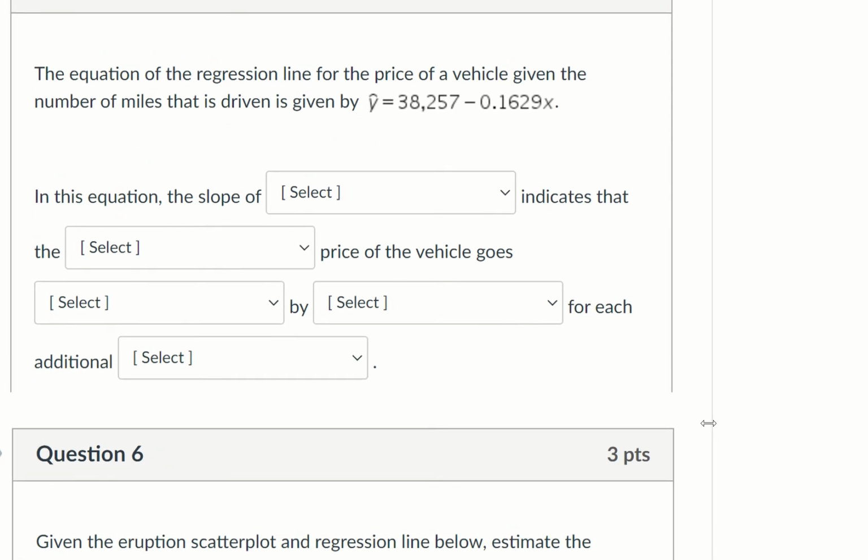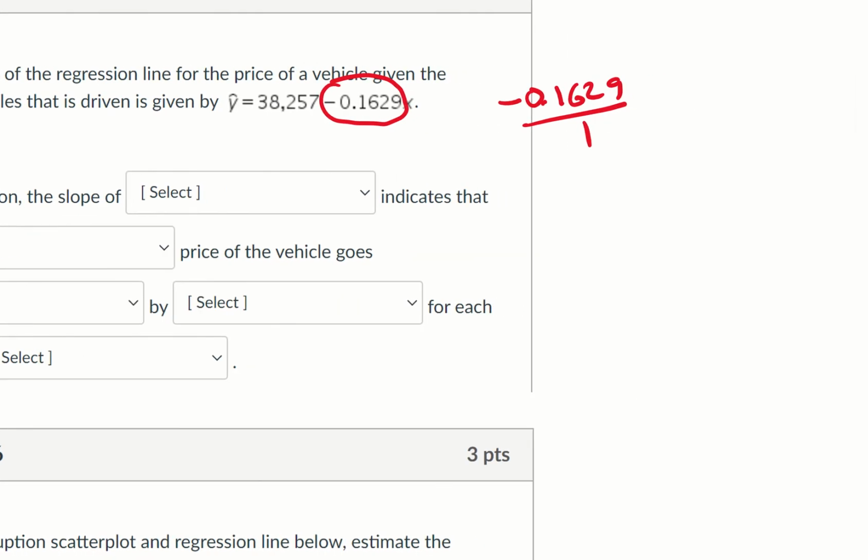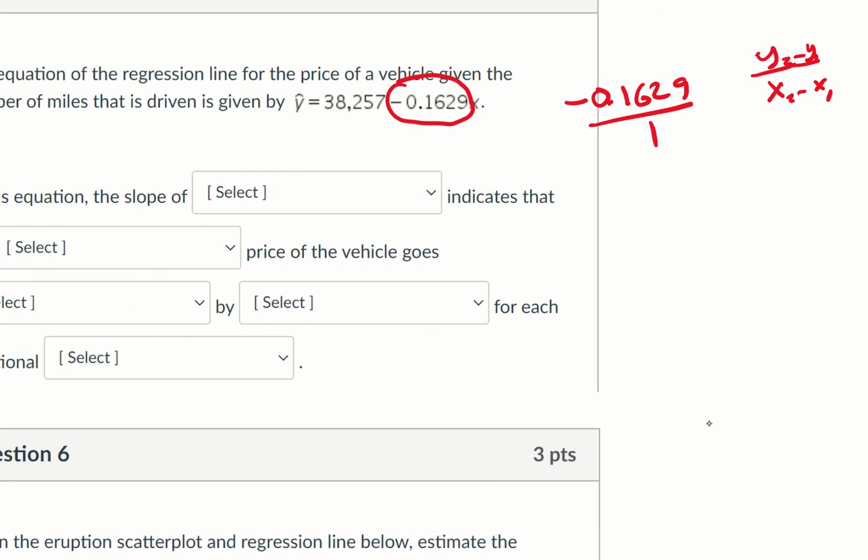All right, using that same equation of the regression line for the vehicle, this time we want to predict the slope. So this is the slope right here, negative 0.1629. We can think of that as being negative 0.1629 over an invisible 1. And the reason I do that is because, remember, slope is rise over run, and slope has to do with y on top and x on the bottom, right? We have to subtract y's, y2 minus y1, and then x2 minus x1. So the top is y, the bottom is x. This is like a quick review of algebra. But that means that the top value has to do with y, the bottom value has to do with x,